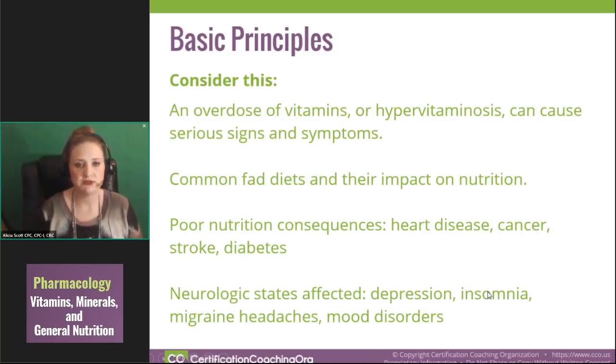So basic principles that we need to be aware of, and this is just a little additional information that I wanted to add, is that